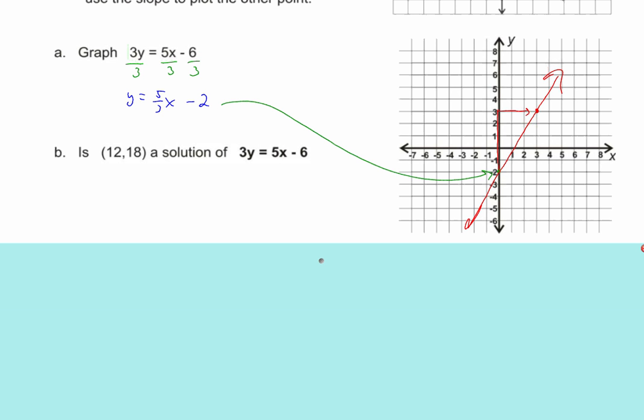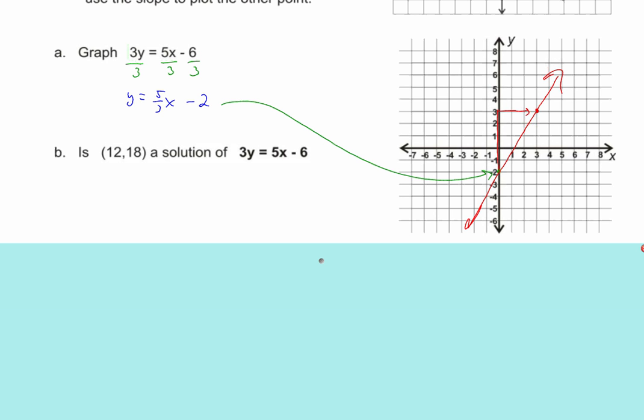Okay, correct, but you made it harder than you needed to. Instead of isolating anything, just right away sub in 12 for the x and 18 for the y. Don't worry about isolating anything. You're just making it more complicated than you need to. All you got to do is put in 12 for the x and 18 for the y and see if